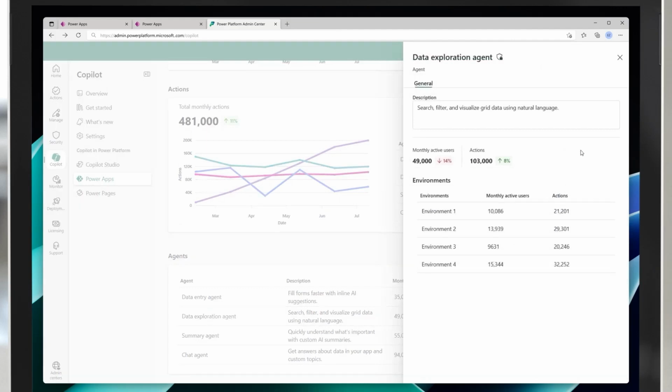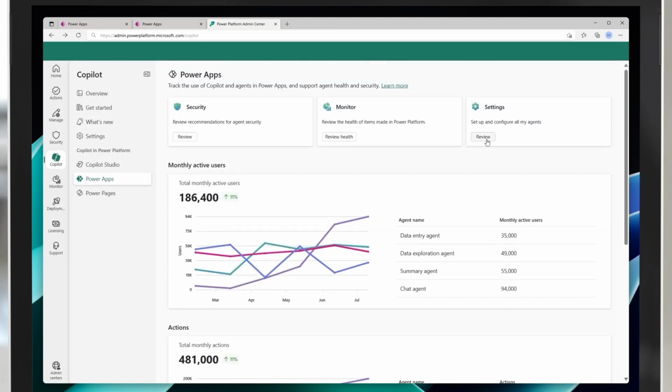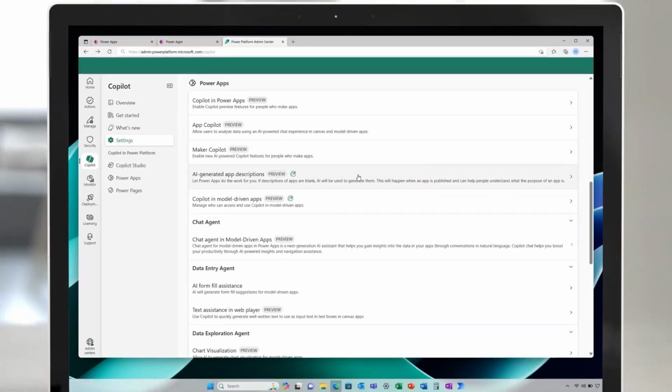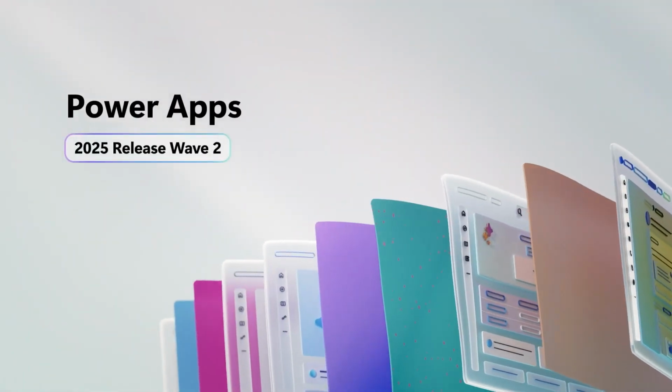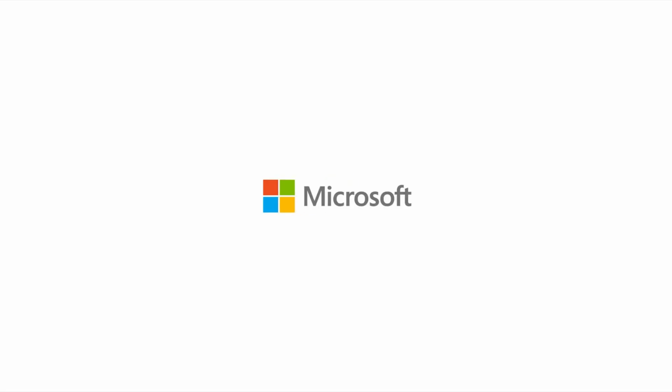Next, we move to the Copilot Hub, where administrators can manage security and governance for the app. At a glance, they can review details about upcoming feature releases, monitor how intelligent application agents are being used across environments. To explore the Power Apps 2025 Release Wave 2 in more detail, visit the official release plan for full